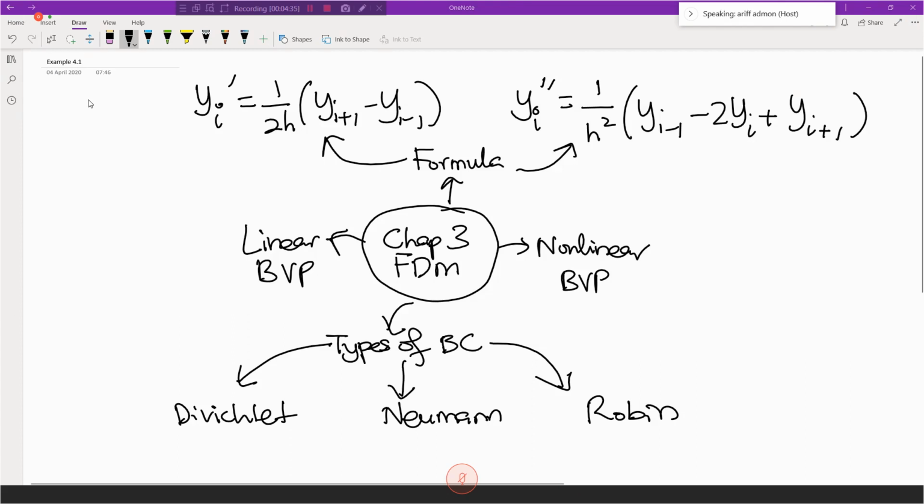For linear, at the end we get a system of Ay equals b, and then most of the time you can use